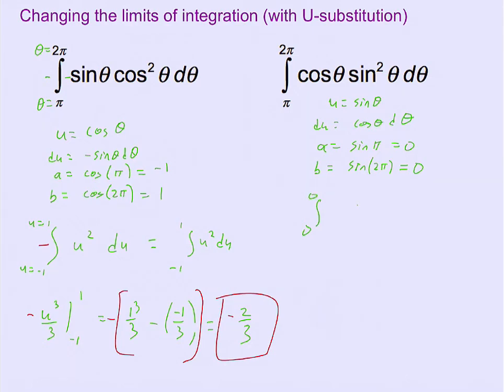Cosine theta d theta becomes my du. Sine squared of theta becomes u squared. And I don't even care what the antiderivative of u squared is, because the definite integral from 0 to 0 of anything, remember, definite integral is the product of a y value times an x distance. If there's no x distance, or in this case u distance, between 0 and 0, that means I'm going to be multiplying some y value times 0. My final integral is just going to be